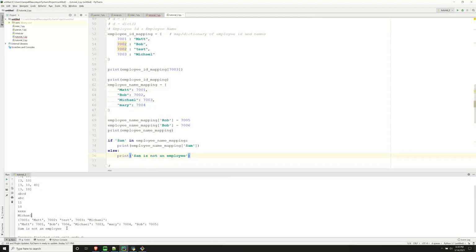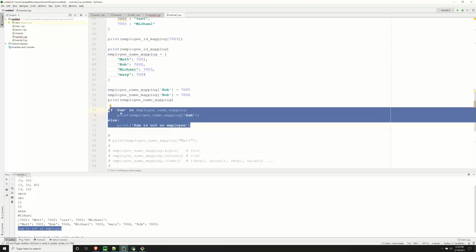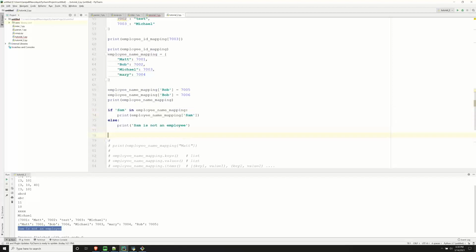Okay, so here you can see it prints Sam is not an employee. It went to the else part because this condition pretty much means: if Sam is a key in the dictionary, then print that value. Else you're going to print something else. Now, if you don't want to write all these statements, you can also do something like this: